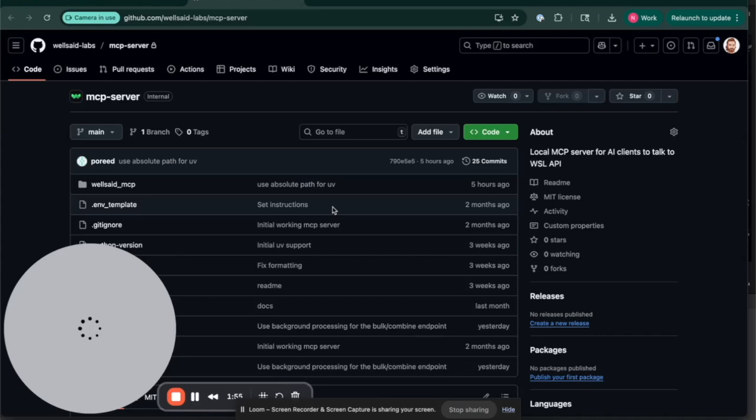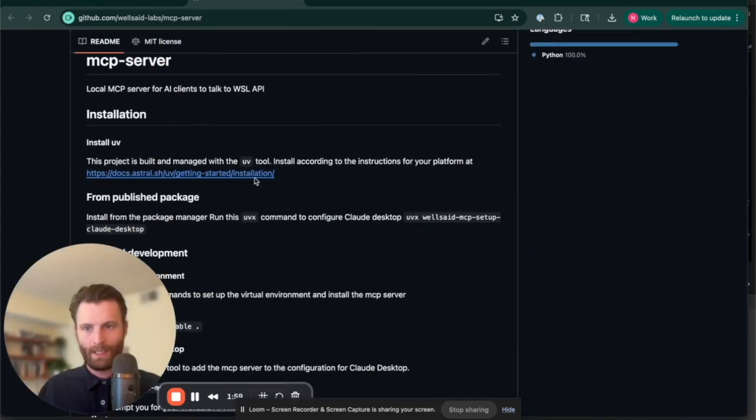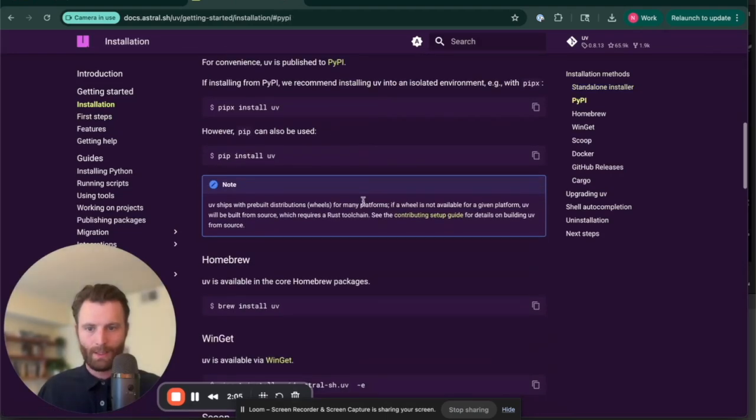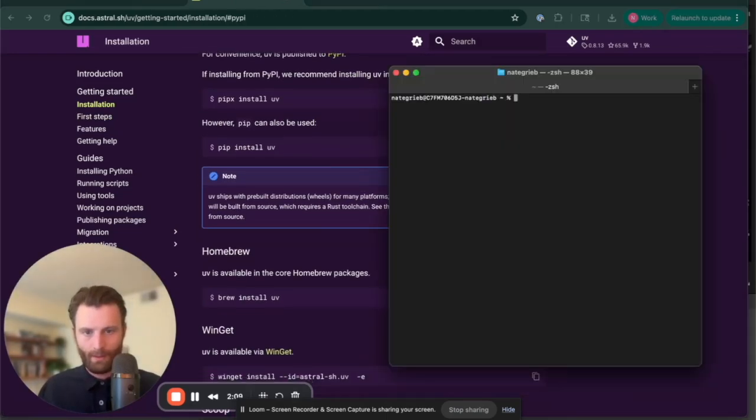So let's start by going there. So here is the WellSaid MCP server. You can get to it from the docs. And again, step one is to make sure that we have UV installed, the package manager. So let's go in here. I'm going to use brew install, use Homebrew for this. So let's get this, make sure we have